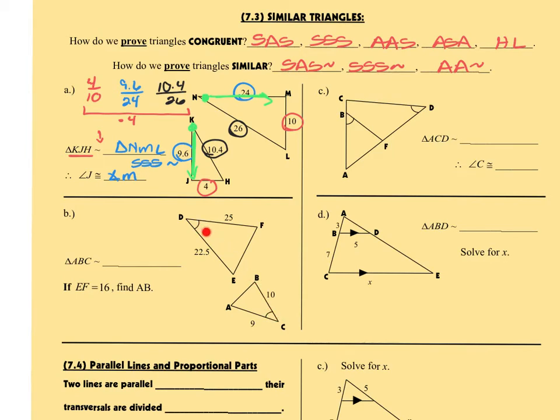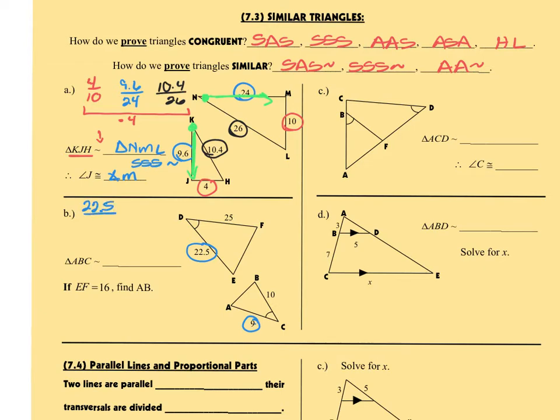We can see that the included angles are congruent, so that takes care of the A. Now I want to see if the sides are proportional. So again, I'm going to match them up. The smaller side in my first triangle compared to the smaller side in my second triangle, I'm going to write that as a nice ratio,